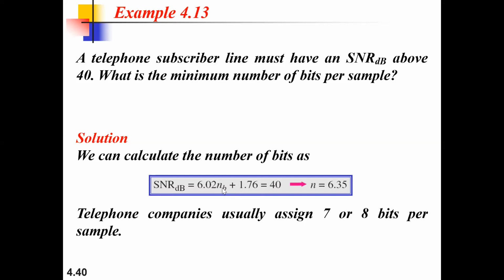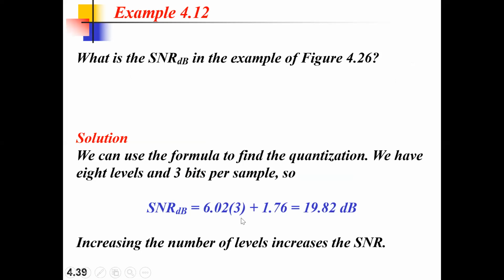So I need to calculate this. What is this particular number of bits? Or I can calculate it if I have the number of bits, with respect to our previous example that we have seen with respect to quantization. 3 bits at a time, you need to transmit. That's what we had, right? So what will be the signal to noise ratio with respect to that? If 3 bits is there, you substitute that, then you'll get the signal to noise ratio in decibels as the answer. If you want, you can check out the previous one.